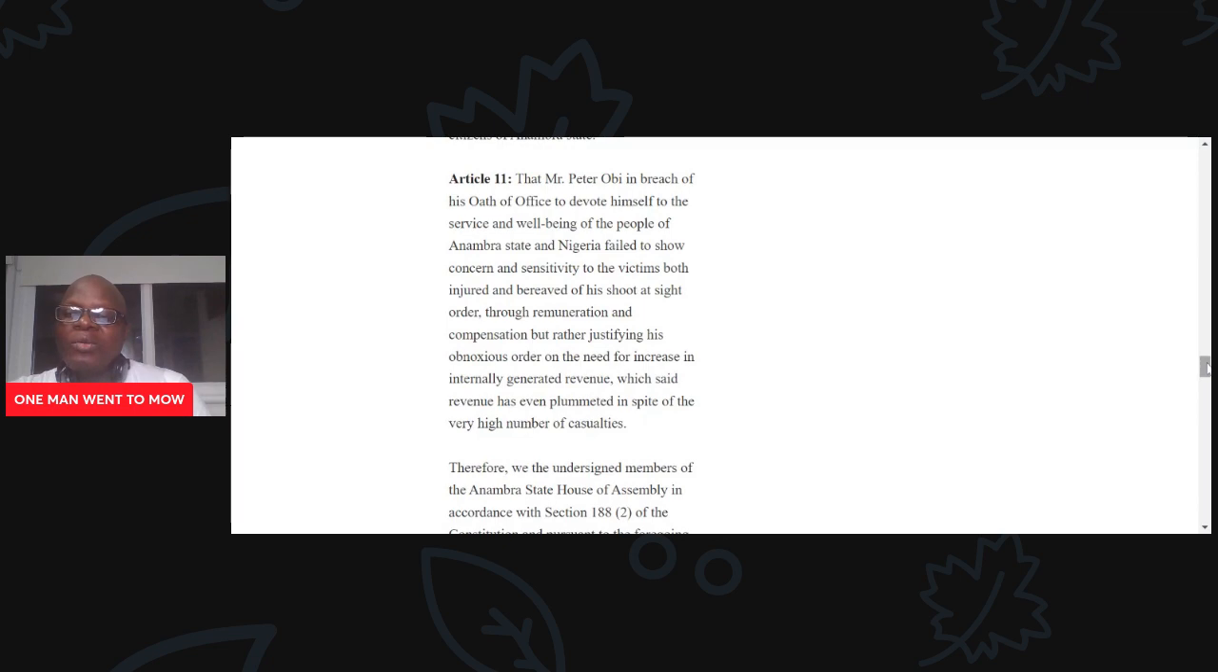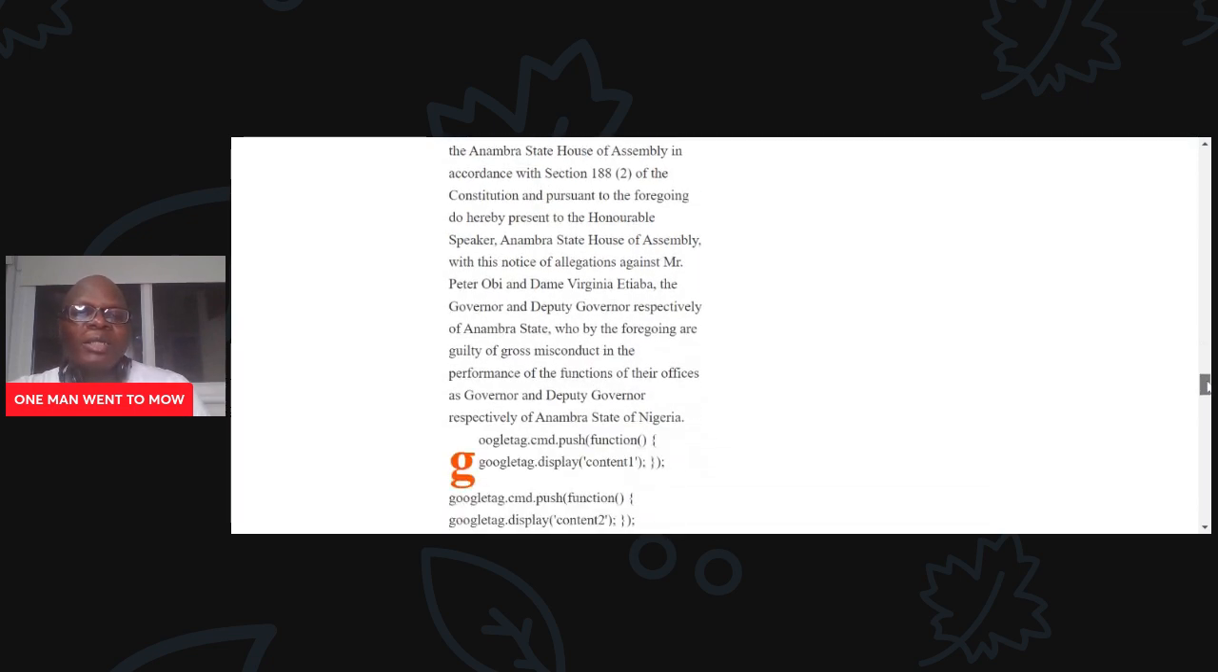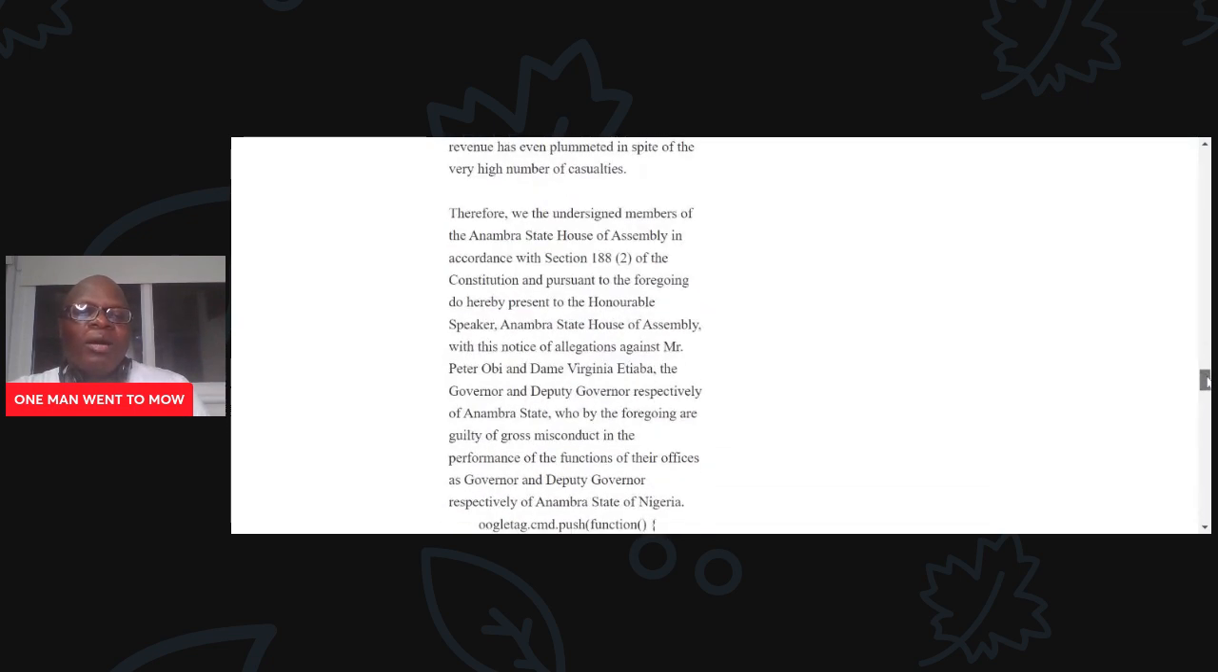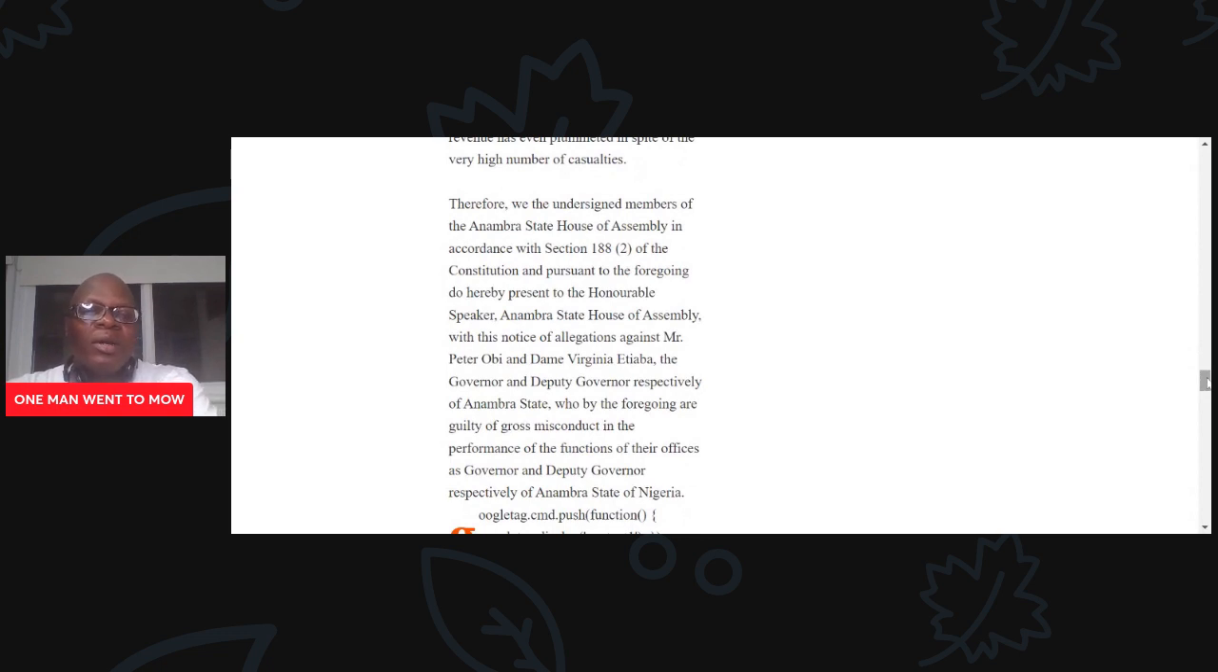So I'm not quite sure what that means. It did not show enough sympathy, and more to it, did not pay compensation. But it carries on. Therefore, we, the undersigned members of the Anambra State House of Assembly, in accordance with Section 188, subsection 2 of the Constitution and pursuant to the foregoing, do hereby present to the Honorable Speaker, Anambra State House of Assembly,